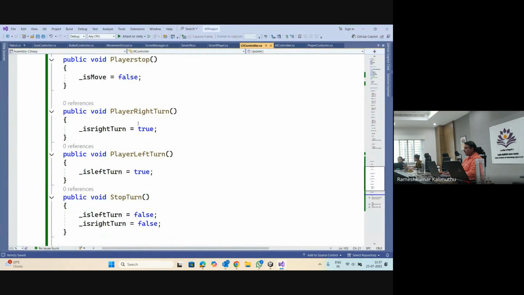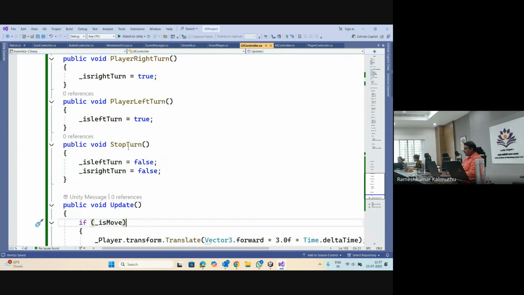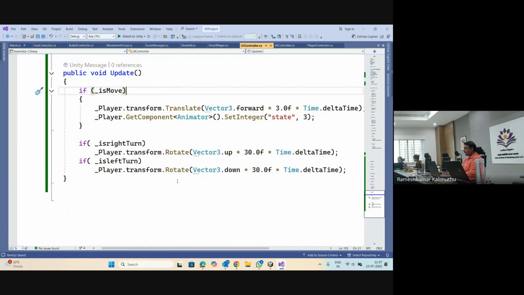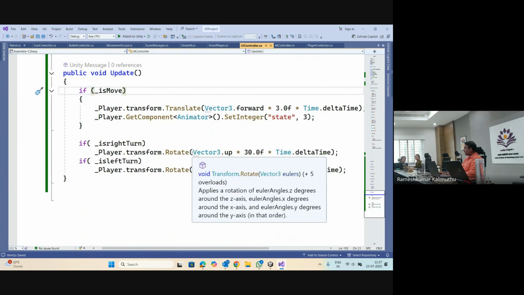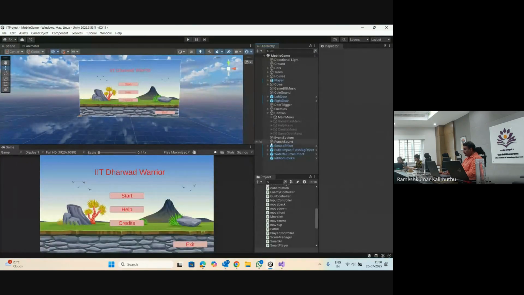See, inside the right turn, it is true. The left turn, the left boolean variable is true. The stop turn, both the variables. So inside the update function, here it is transform dot rotate. That and all is correct, right? So in the editor,